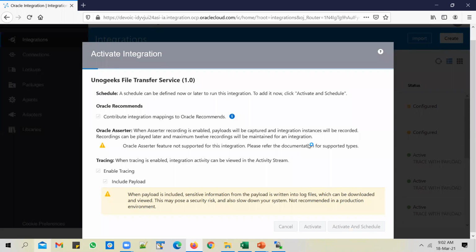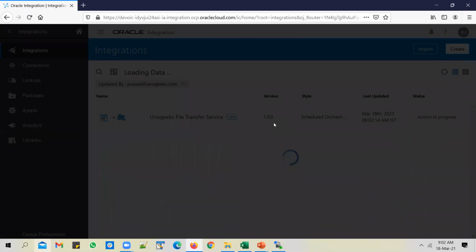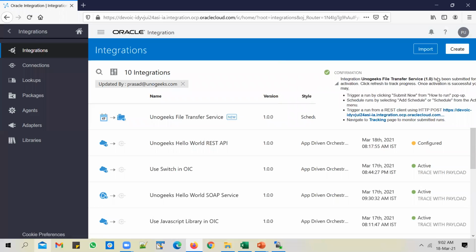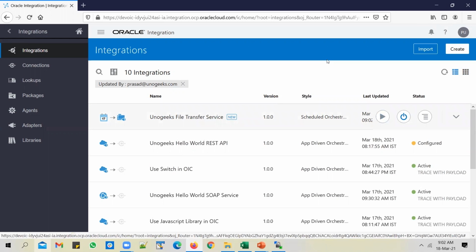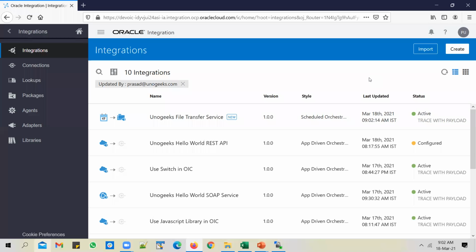Click on activate. And the service is active now. So let's go ahead and test it.